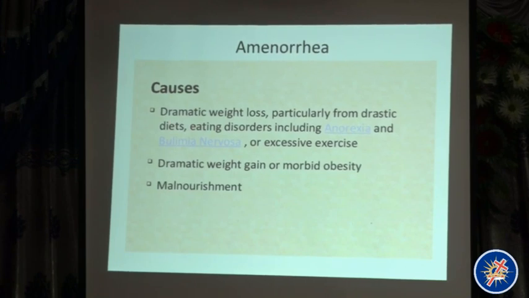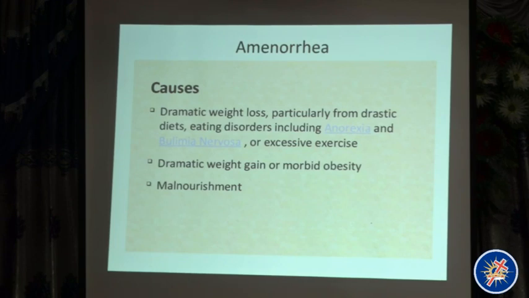You are dieting, you are not eating carbohydrates, proteins and vitamins. You are on veggies only, and then you lose so much weight. And eating disorders, including what I'm calling anorexia. Anorexia is feeling like you don't have appetite at all. You don't feel like eating anything. And then bulimia is the opposite of that. Bulimia nervosa is